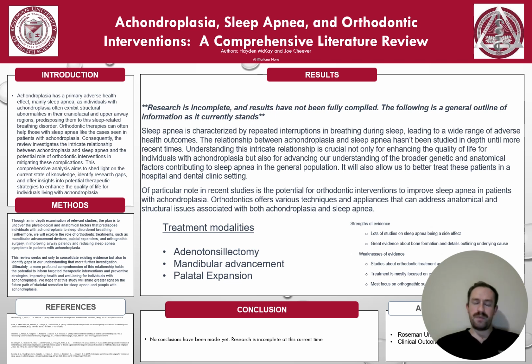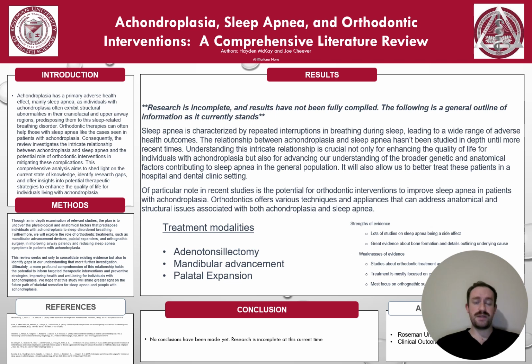The weakness of what I've found so far is studies are not really tailored toward the orthodontic treatments as more they are linking sleep apnea to achondroplasia. We'd like to dive further into that,